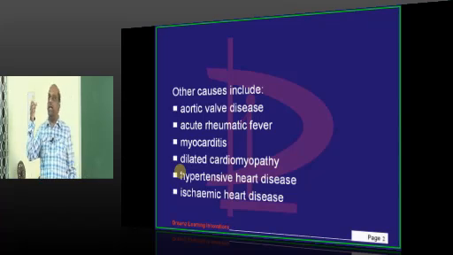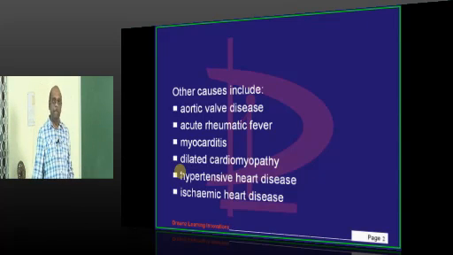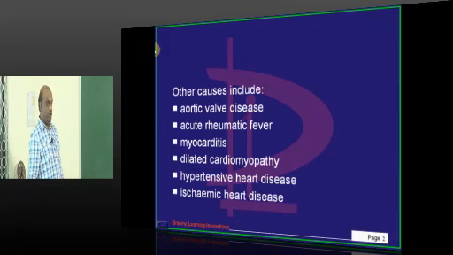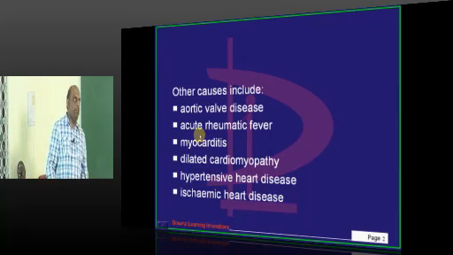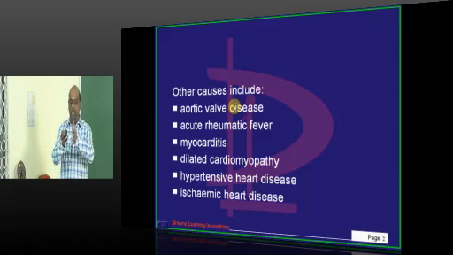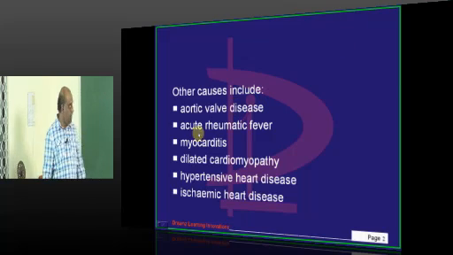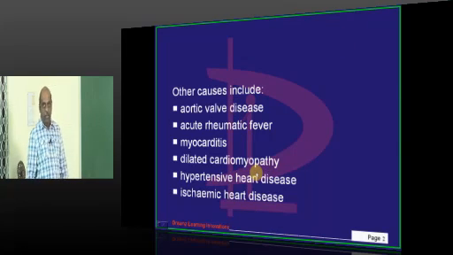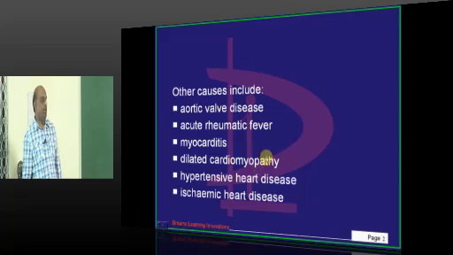Similarly, if there is any very tight aortic stenosis, then the left ventricular pressures can elevate and that can predispose to the MR. So, aortic valvular disease, acute rheumatic fever. Why acute rheumatic fever? In acute rheumatic fever, there is a myocarditis, carditis, which leads to dilatation of the heart. When the heart gets dilated, then the ring also gets dilated and regurgitation will occur. So, acute rheumatic fever can cause it. But that is a transient MR.